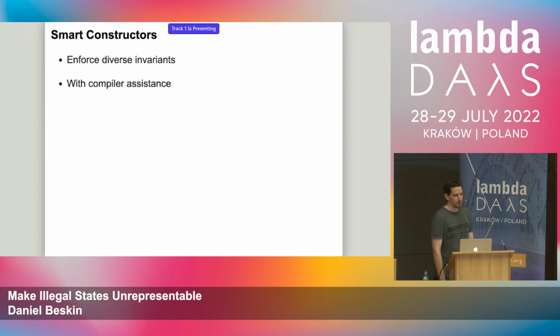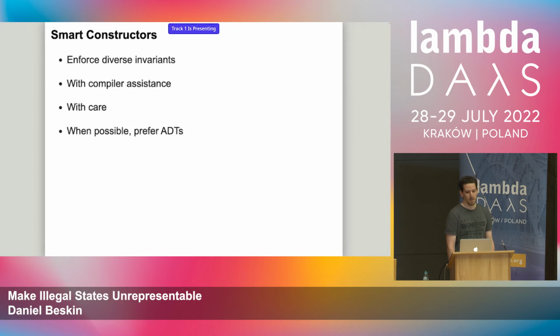So smart constructors are a great way to enforce diverse invariants with compiler assistance. The moment you got it right, from there on, you know that the compiler won't let anyone bypass this invariant that you're trying to enforce. And as a bonus, our type signatures are becoming self-documenting because our types are now representing actual invariants that we care about directly in our code. And it's better than comments because they will never go out of date. The compiler is there to keep everything in check.